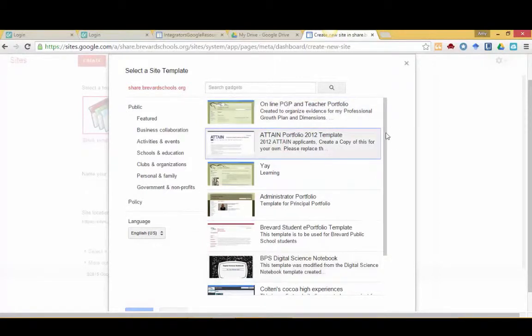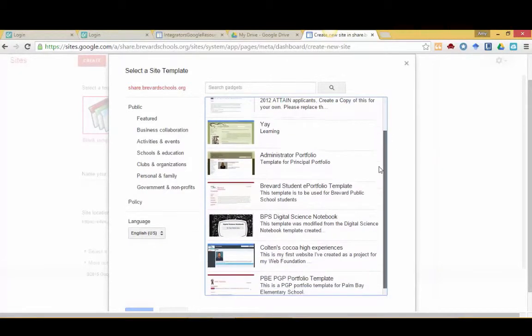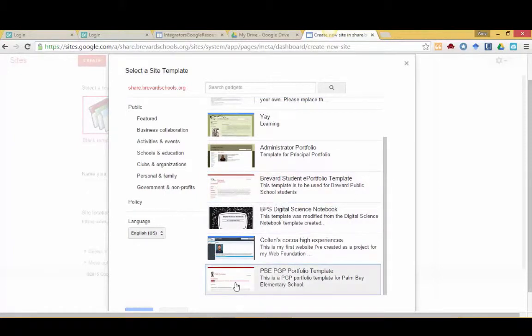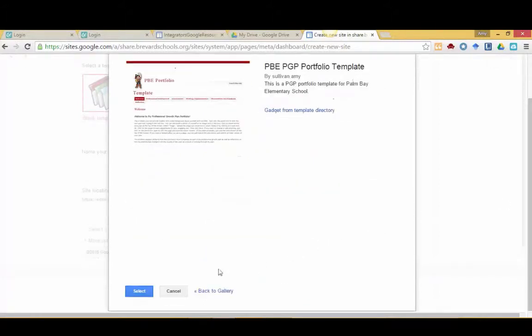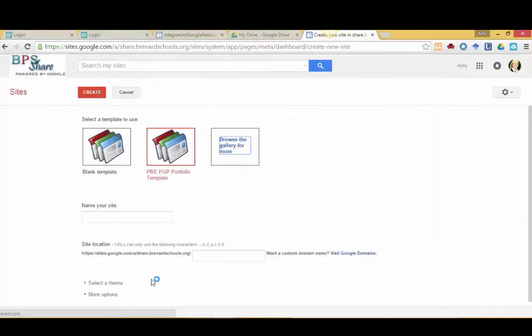These are the templates that people in Brevard Public Schools have uploaded. I uploaded a template for our school for a PGP portfolio. If you click on PBE, Palm Bay Elementary PGP portfolio template, and then click Select, that will populate this area with the template. Now you need to name your site. You can just use a standard convention like your last name, PGP portfolio. So I'll type in Sullivan